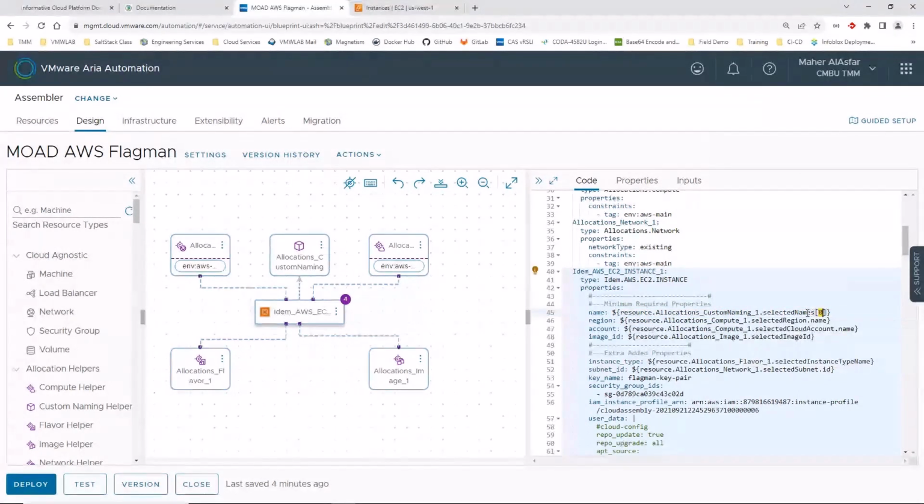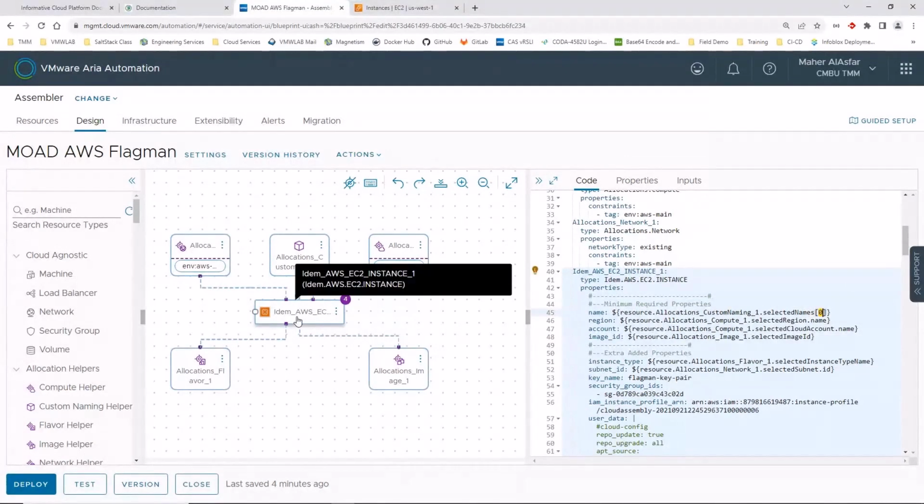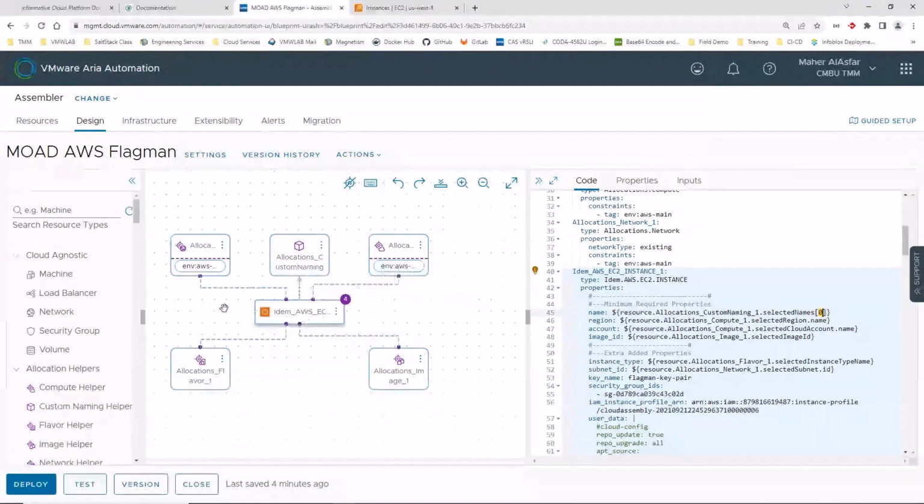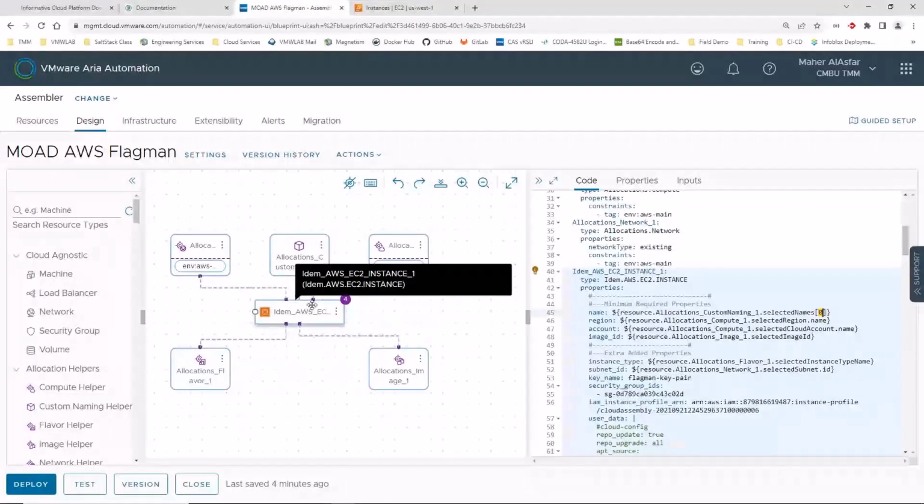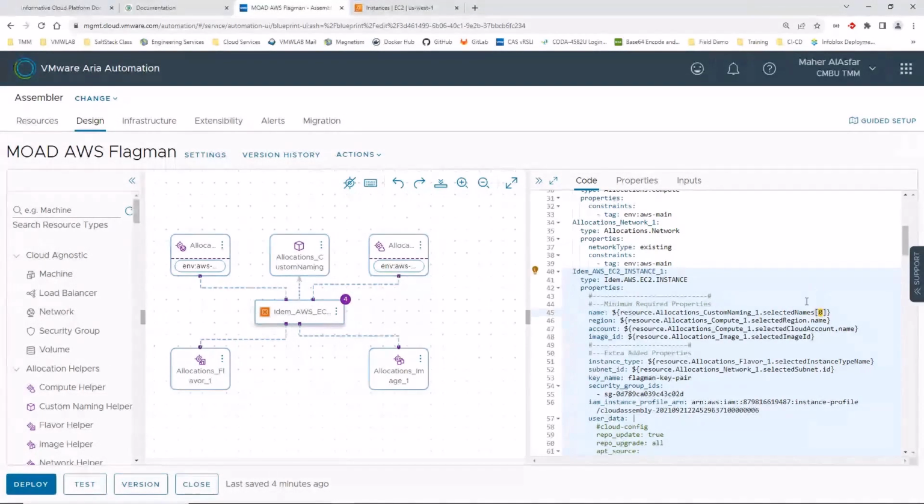Remember, I said this is going to be a list. So for the naming for this machine, you might have 2 machines on the canvas, or you can have one with the count. There's a way to just loop through the array and select the names for each of the ones that you generate. It's really as easy as that. So now the name, instead of manually putting in the name of the resource, is going to use my custom naming